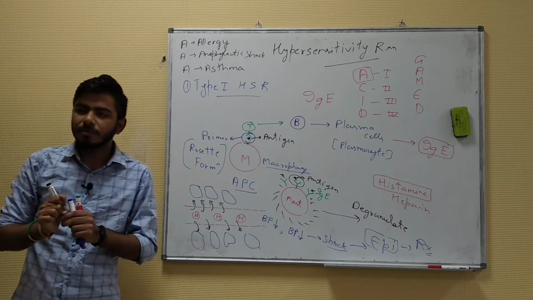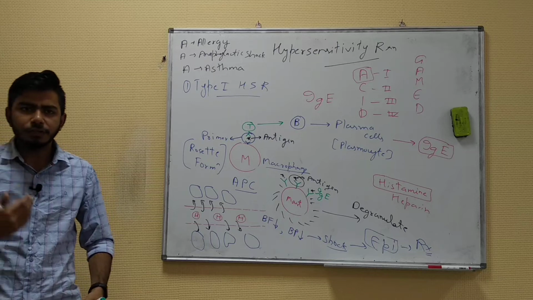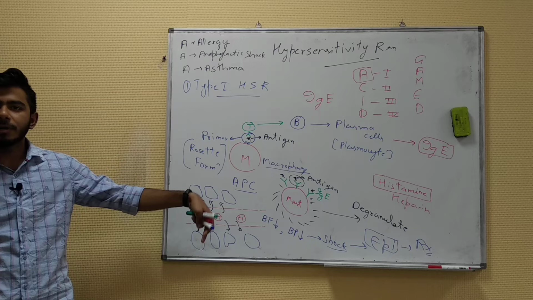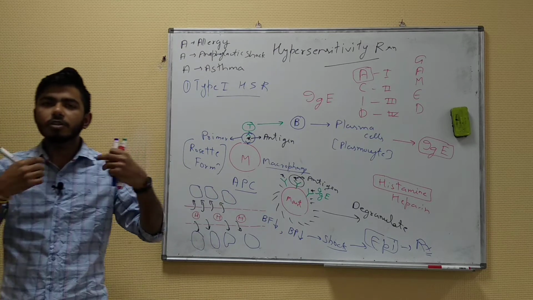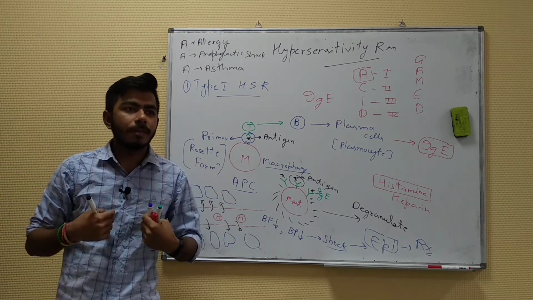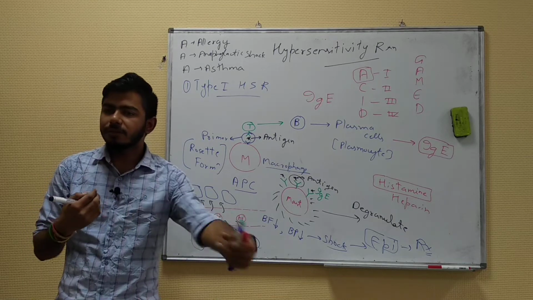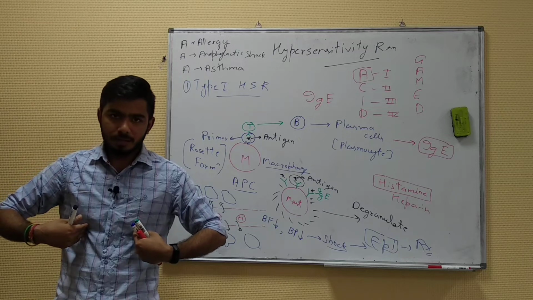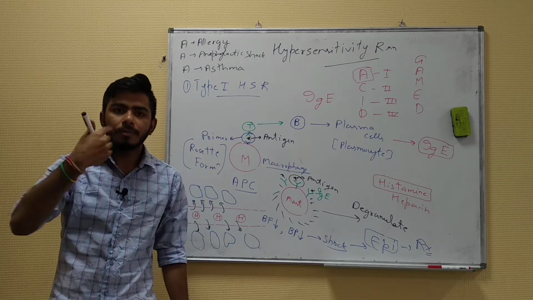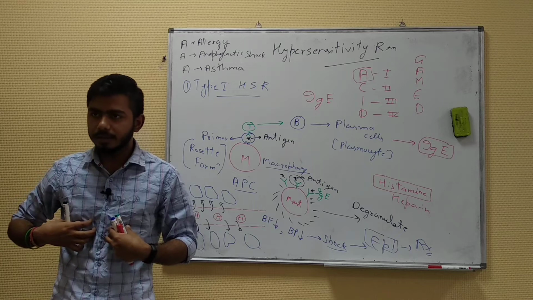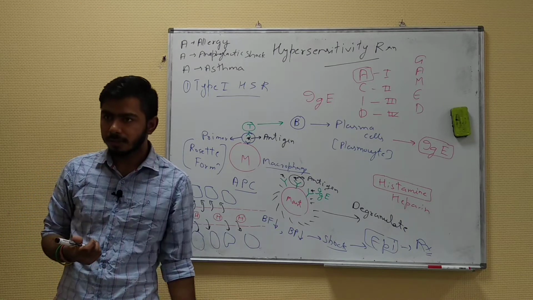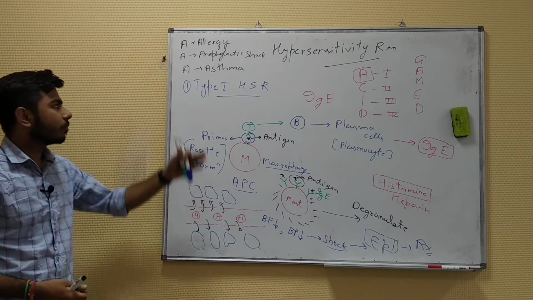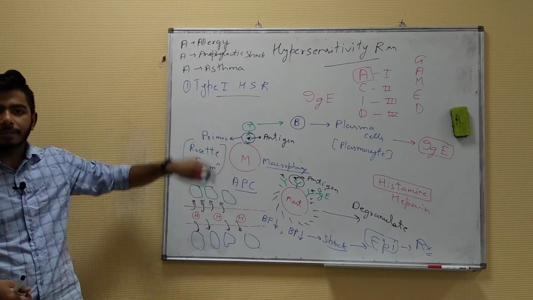What is happening in asthma, bronchial asthma? It is a kind of COPD. Because fluid is coming outside the blood vessel, it can cause bronchoconstriction. If bronchoconstriction happens, oxygen will not be able to go properly inside the lungs, and CO2 will not be able to come outside. So CO2 will be trapped inside the lungs. A hypercapnia situation can be there. In such a situation, respiratory acidosis can be seen. So asthma is also an example of type 1 hypersensitivity reactions.